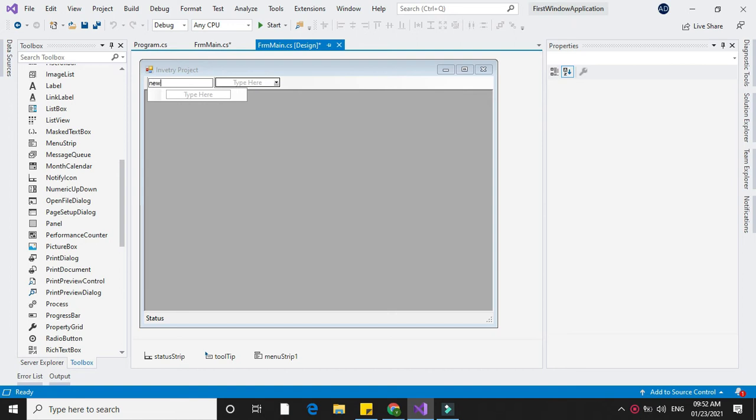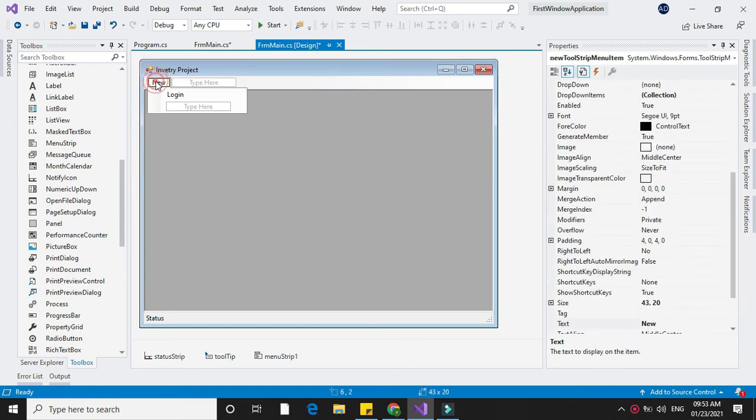I will write here new. So it will create a new menu. Here you can add number of items in the menu list and give the text related to your form that you are going to call. If I am going to call here login, I will give here the login.